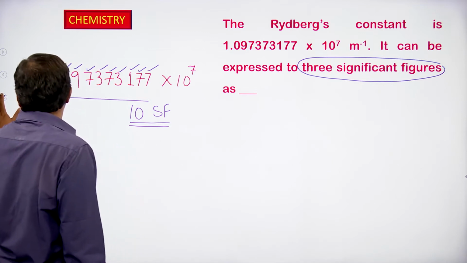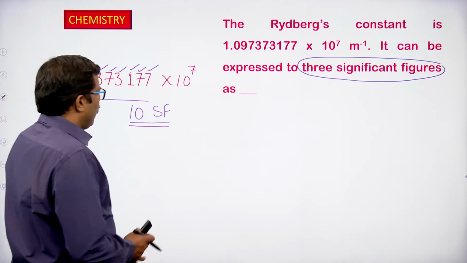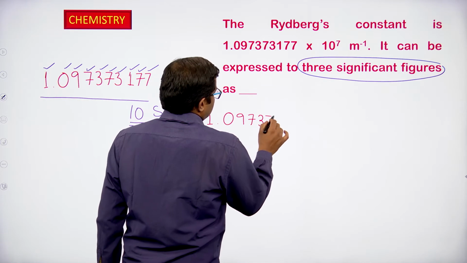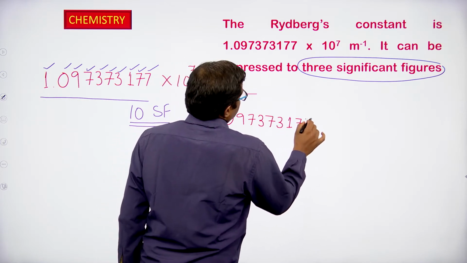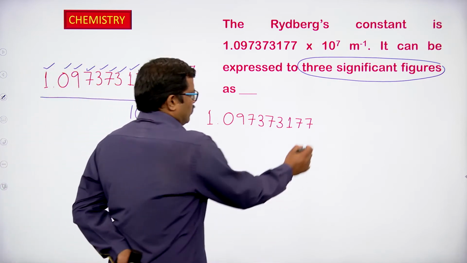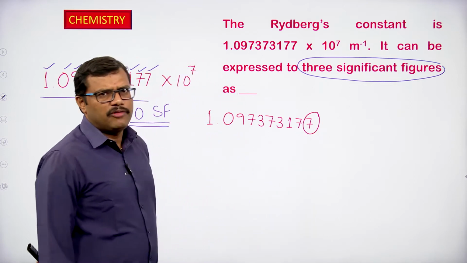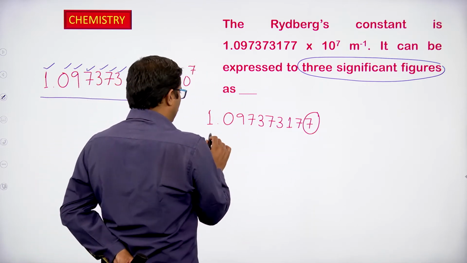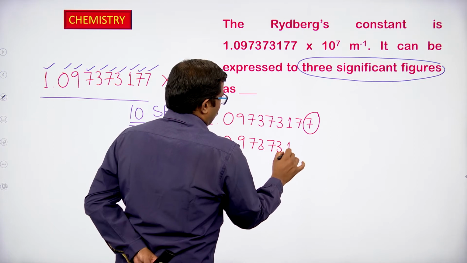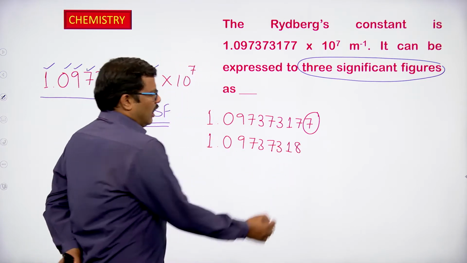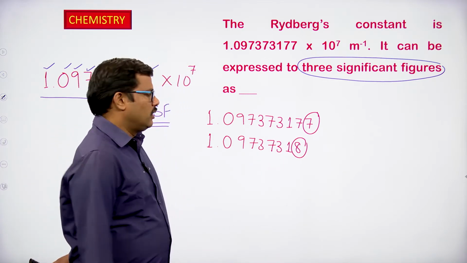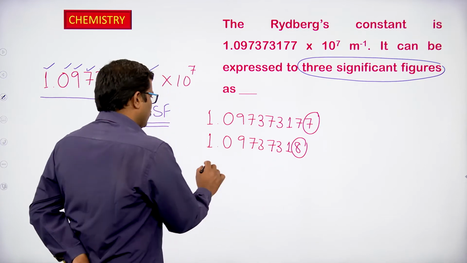How to round off the numbers? Let me write here 1.097373177. If I want to remove 7, 7 is greater than 5, so the preceding number has to be increased by 1. So, I will write it as 1.09737318. Then I have to remove 8. When I am removing 8, 8 is greater than 5, so the preceding number 1 has to be increased by 1. So, the number becomes